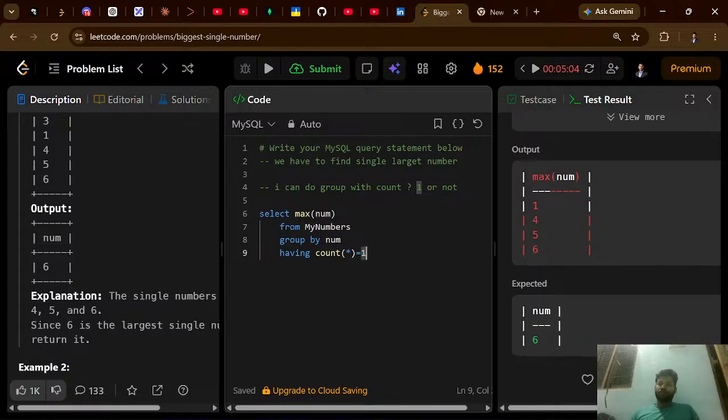Still making it wrong. I'm giving the wrong thing. From my numbers, there will be the max, but it's not giving the max. It's giving the whole data that I want. I want from here, that is really working, but